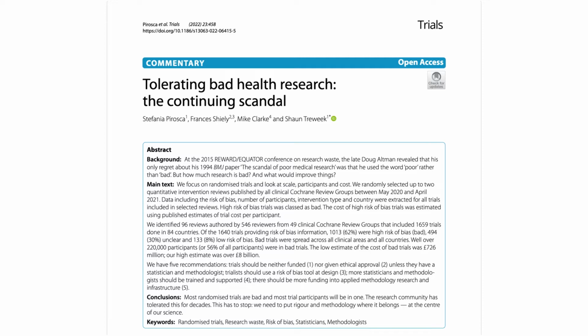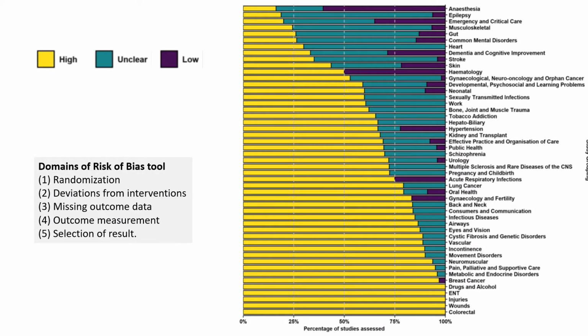For instance, in this recent meta-study, the investigators identified 1,600 RCTs included in Cochrane reviews from 2020 and 2021. So this is most recent data, and they looked at the methodological quality. Those are the results of their meta-study.